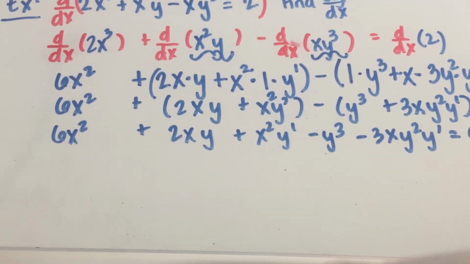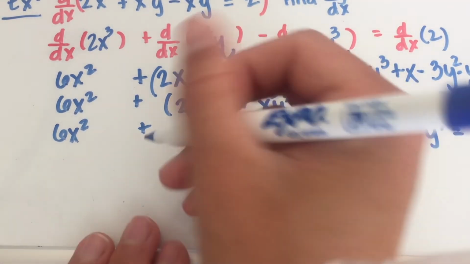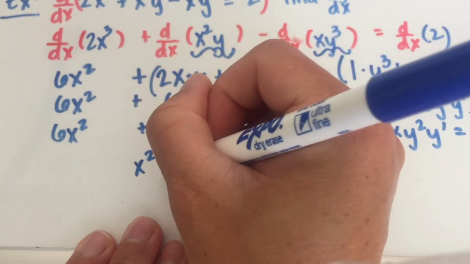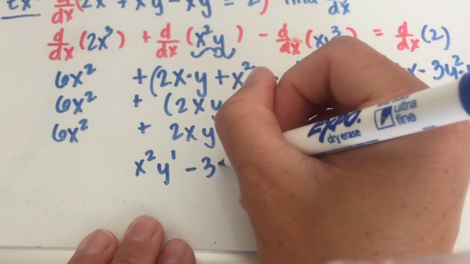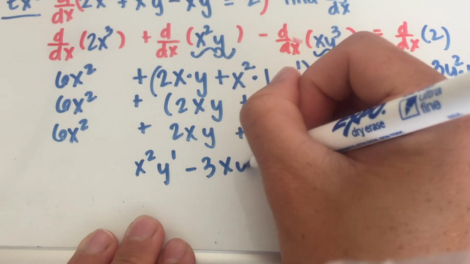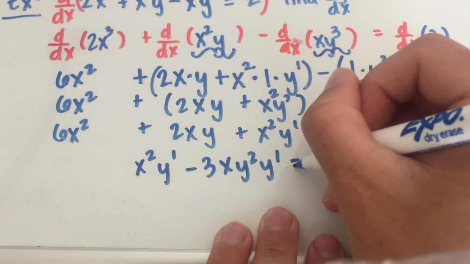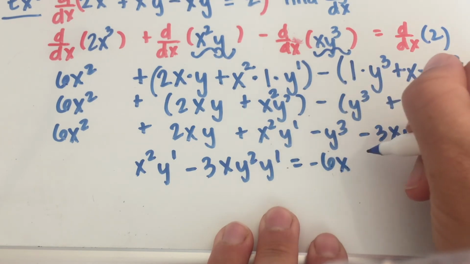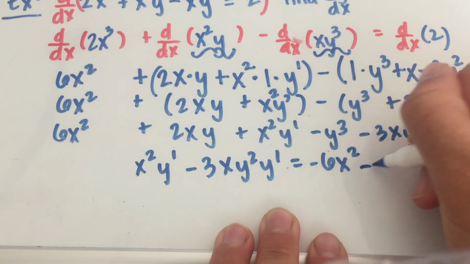At this point, I'm going to want to subtract over to the other side all the terms that do not have a y prime attached. So on the left-hand side, I'm left with x squared times y prime minus 3xy squared times y prime equals negative 6x squared minus 2xy